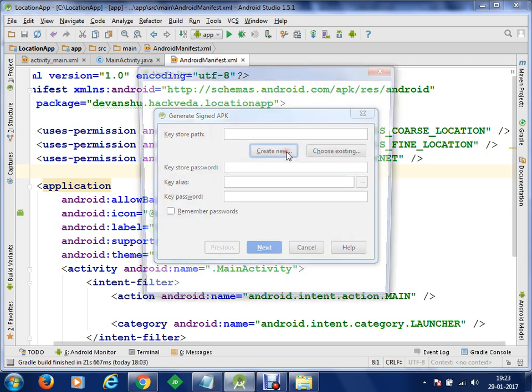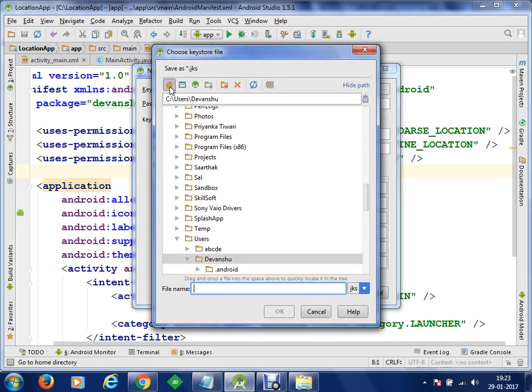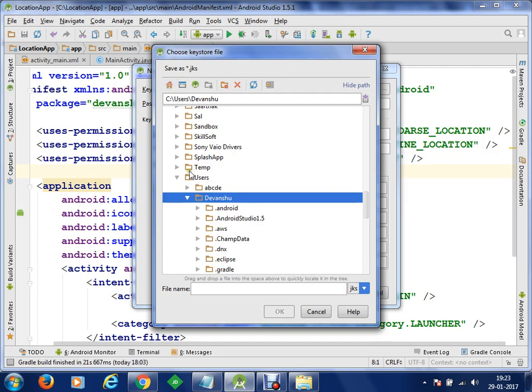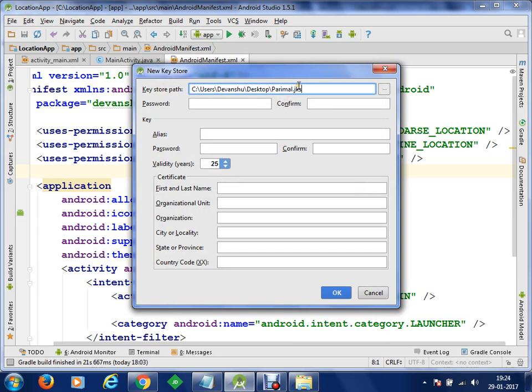We are going to create a new signature at the moment. Let's say I'm going to create my signature at a location. I'm going to go to my desktop directory. Let's say within my users directory, or what we can do is we can go to the desktop as well. Here you can go to the desktop directory directly. And let's say we are going to create a key with the name Parimal, and the extension will be JKS, that is Java Key Store. Let's click OK. So a file will be created, that is your digital signature, and nobody can sign any application with your digital signature.